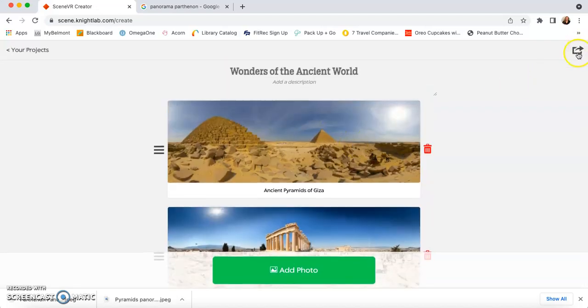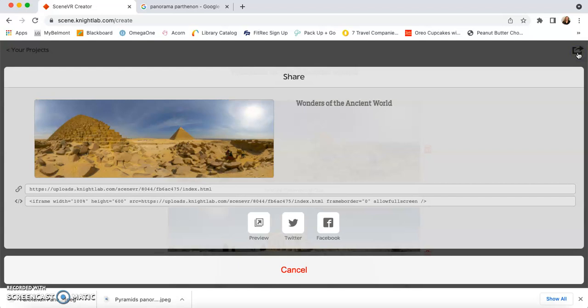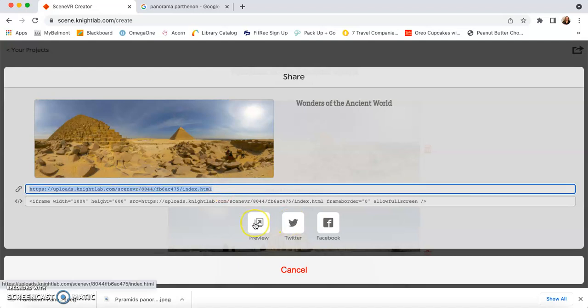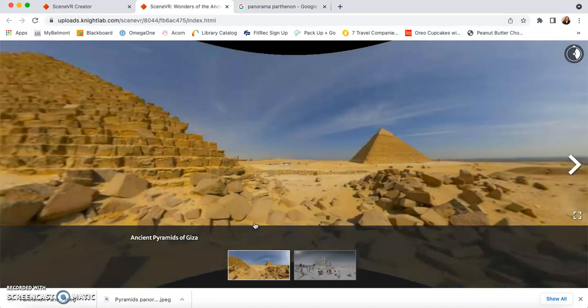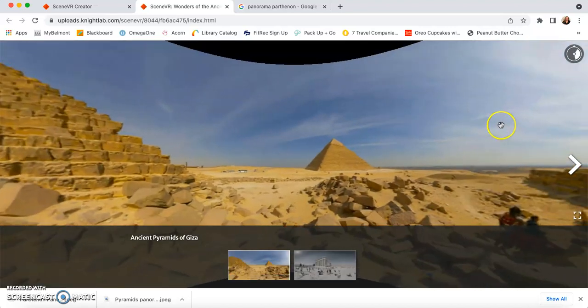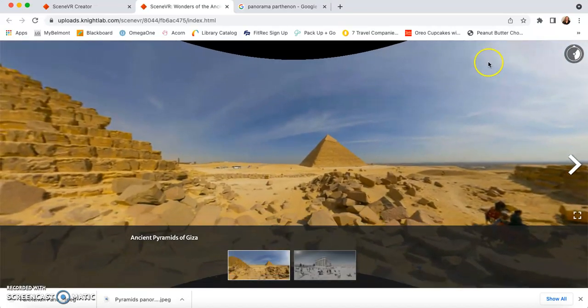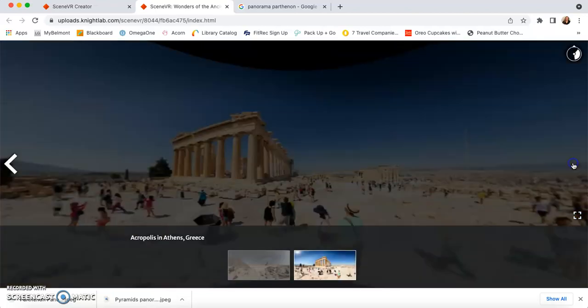we can go ahead and click the button in the top right corner to share it, just so that we can take a look at what it looks like. You can click this button, Preview. So now we're in a panorama view of these photos that we've added. You can see that